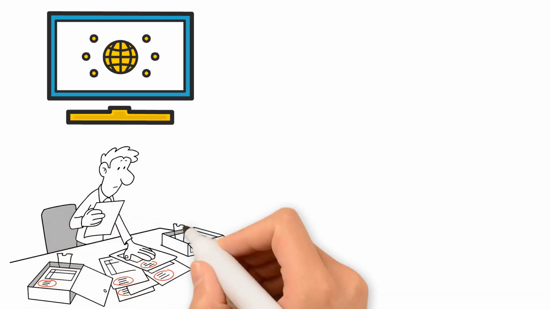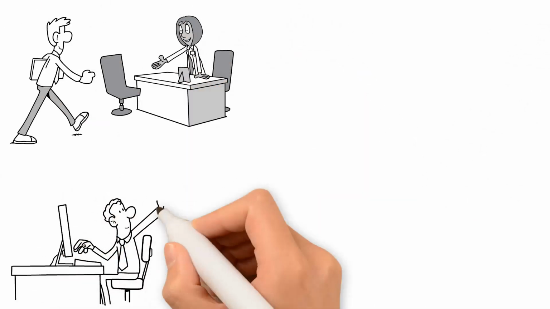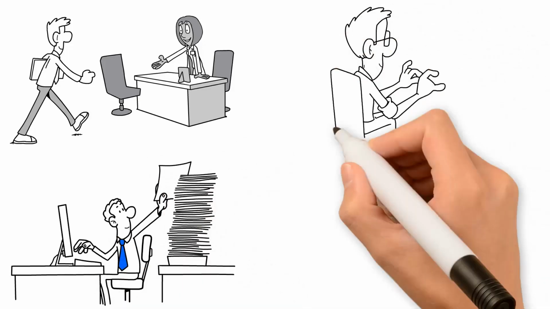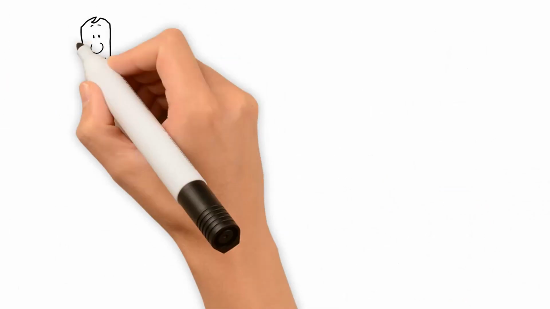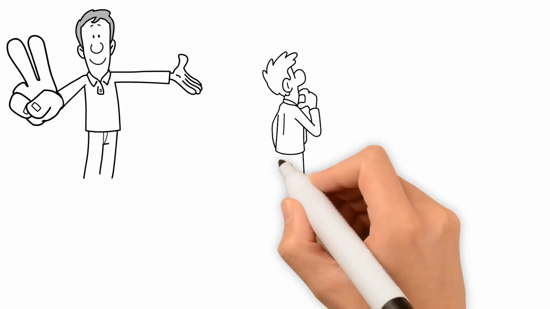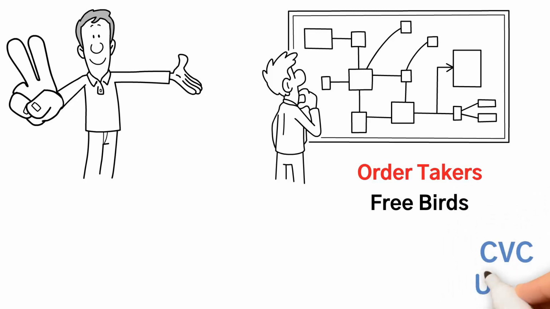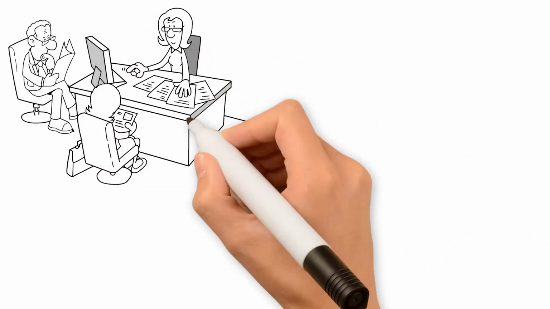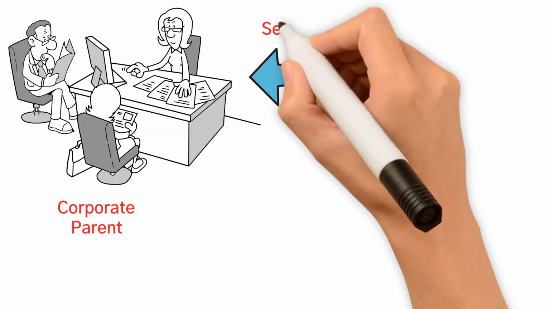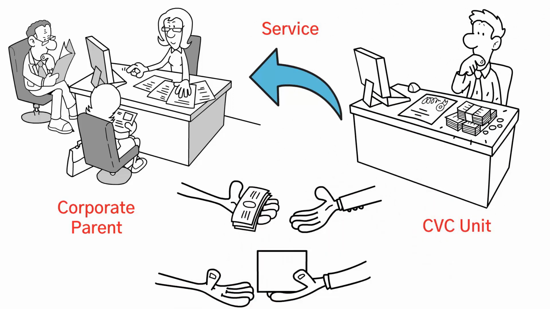We investigated multiple cases, conducted 59 semi-structured interviews, observed investor and startup meetings, and combed through loads of archival data to uncover how CVC units operate. Based on the underlying data analysis, we developed 2 archetypes into which the CVC search process can be categorized: order takers and freebirds. Order takers are CVC units that invest in ventures aligned with the strategic priorities and problem formulations of the corporate parent, view their venture investments as a service to the corporate parent, and execute investments accordingly.